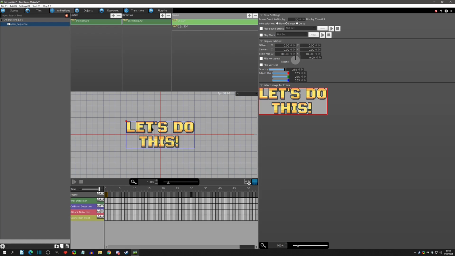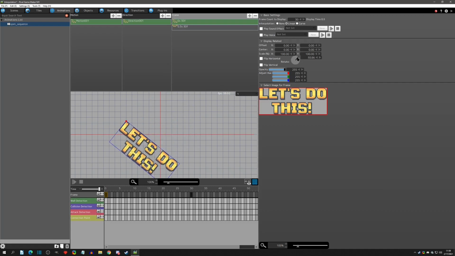But now I want this center based off of the actual center, because right now it's hinging off that top left. But if we were to move the center, and this might take a little bit because I'm not sure of the exact center, but we can just sit here and hold it, and that red dot's moving. This is all based off a 1280 by 720 resolution project, so they're pretty big. All right, so now that we have the center right where we need it, when we rotate it, it's actually going to go based off the center. All right, so that's how you would